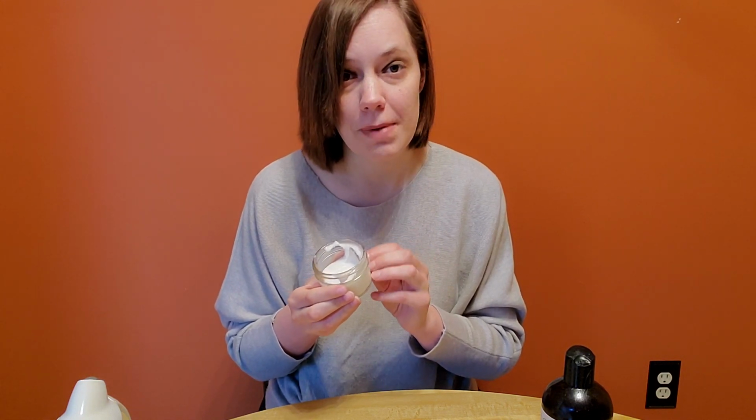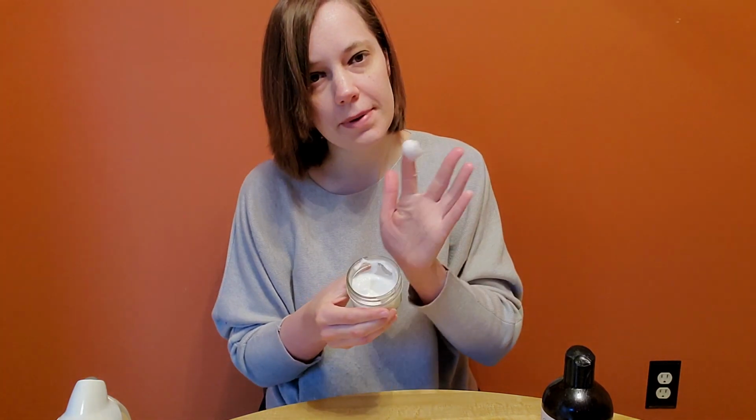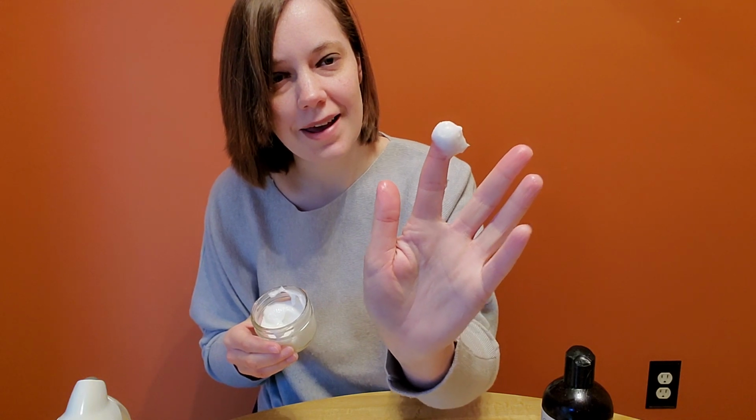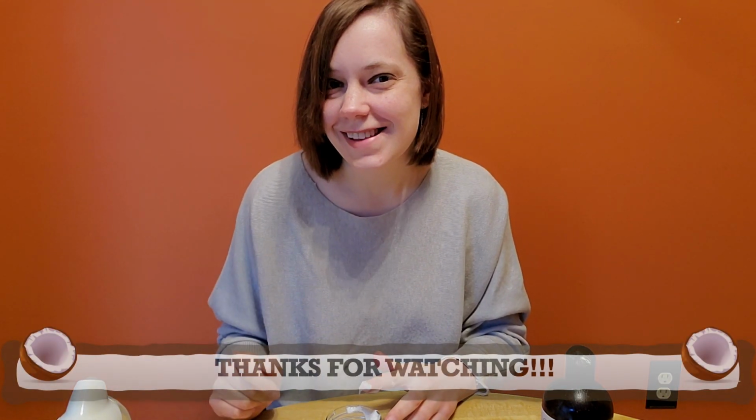at least 2 months. And when I go to use it, I'm just going to scoop a little out onto my hand there and apply it directly to my face and just swirl it in so that it covers my whole face. And then I want to immediately wash my face off with a warm washcloth. And that's how you make a